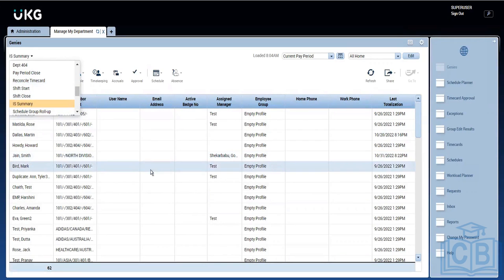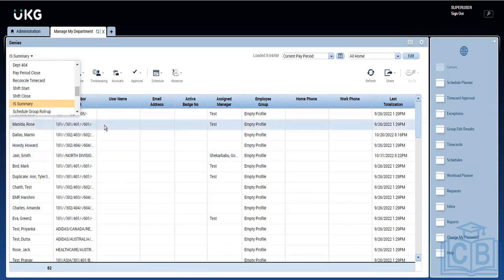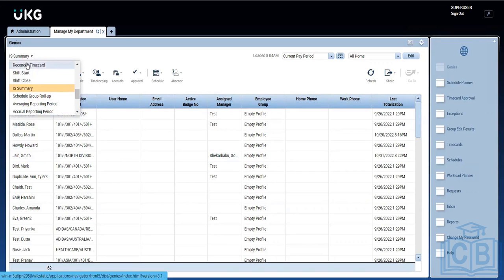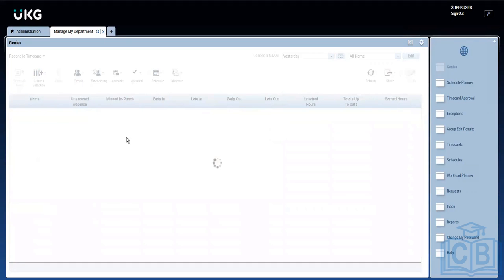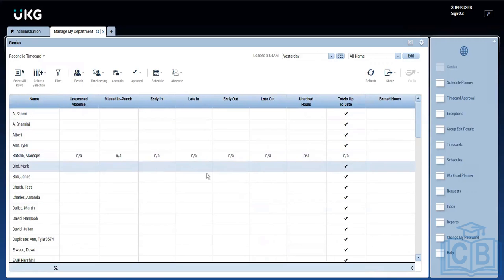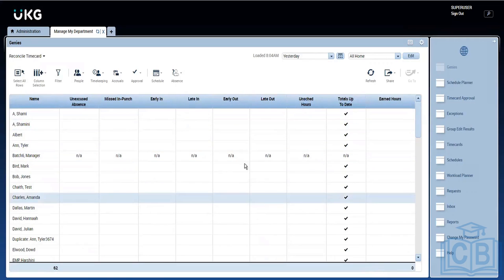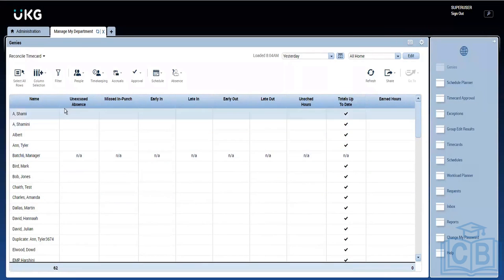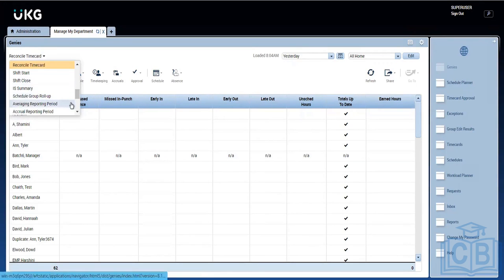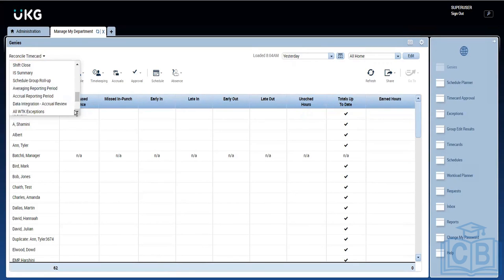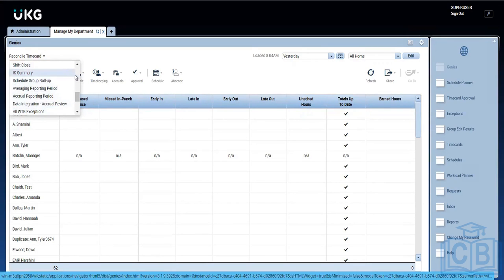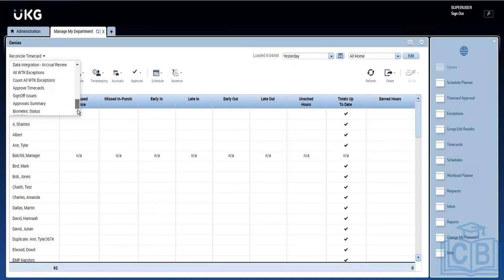If it is summary, you have name, labor account, username, email address, these personal data. If you go to maybe Reconcile Time Card, this will give you how much the employee has worked. Since it's a test prompt, we don't have anything. So the columns will differ for each genie. And if you go to maybe Accruals, maybe up to 10 cards, this again